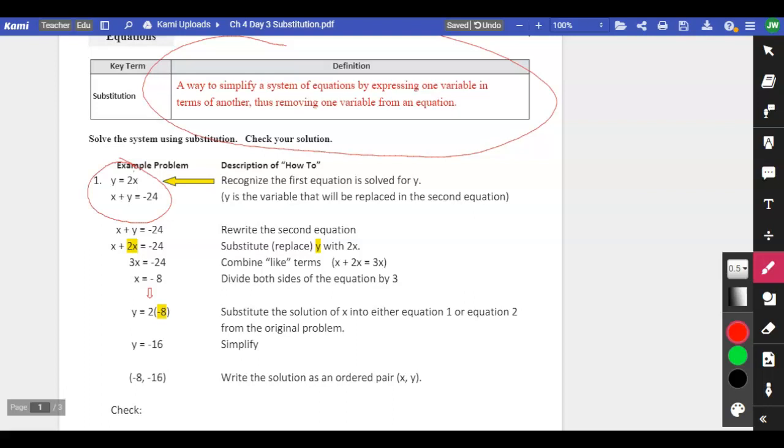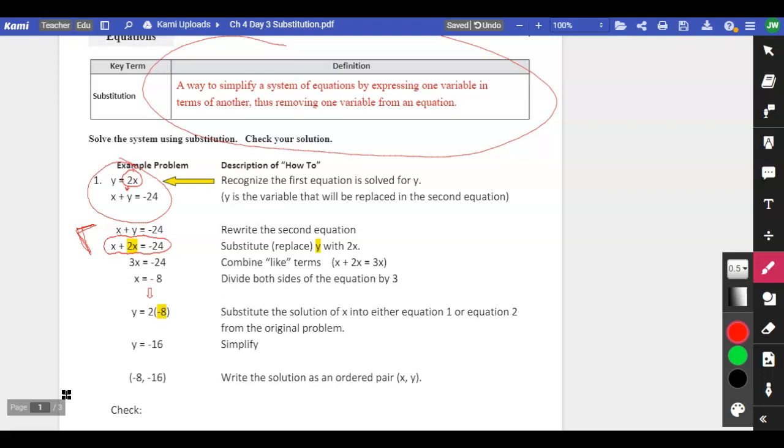So this 2x, because y is equal to 2x, so we know that those two things are equal. And then we know that these two equations are equal. Thus, this 2x can go in for y. So you'll notice when that happens, we go from having two variables to one. And this is really the key right here. We went from two variables here to one. And then you simplify,